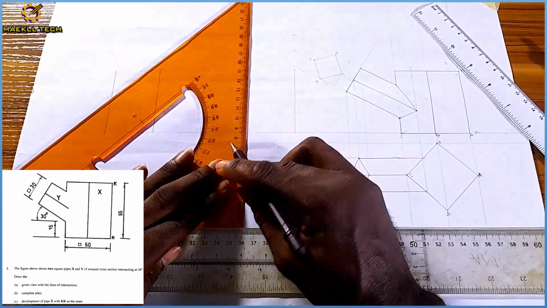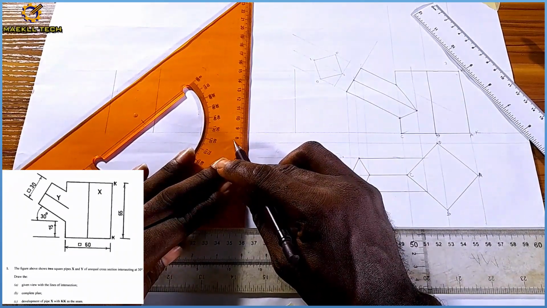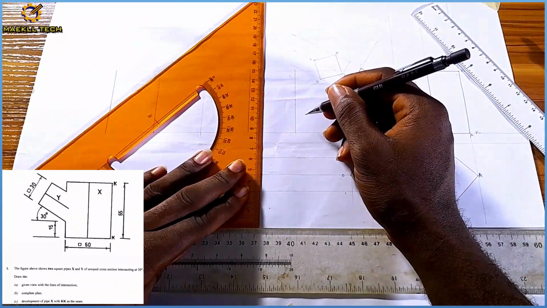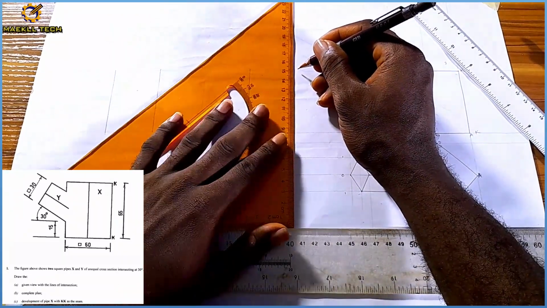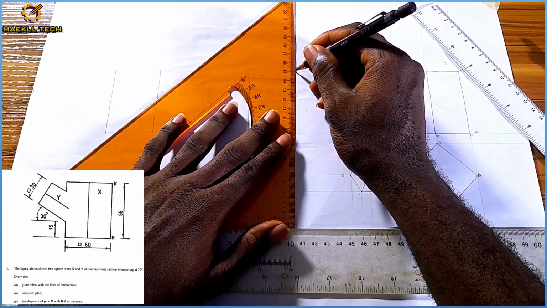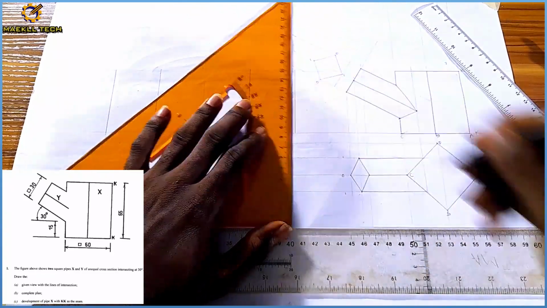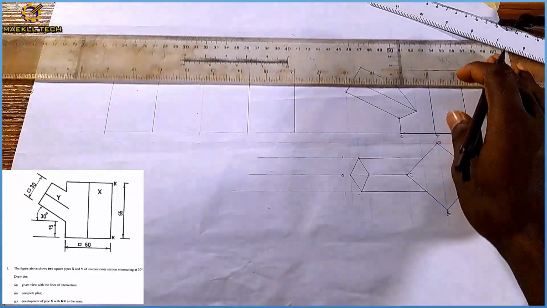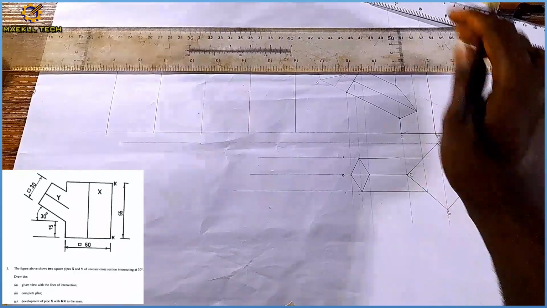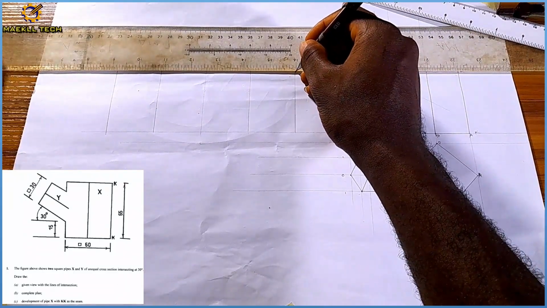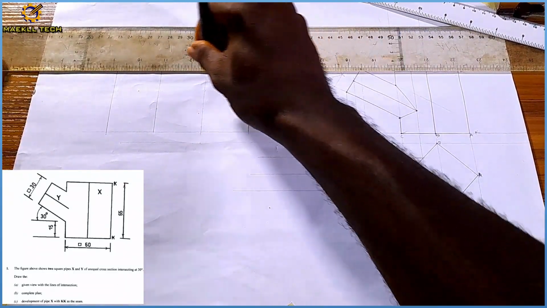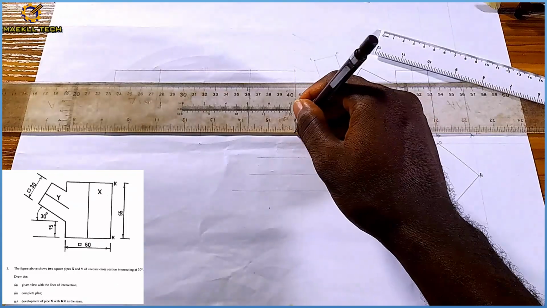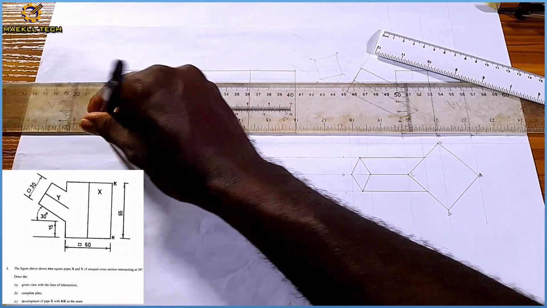I'm going to thicken this also, then this last part here thickened. So we have thickened those areas. With my T-square I thicken this, and I'm going to thicken this also. Now